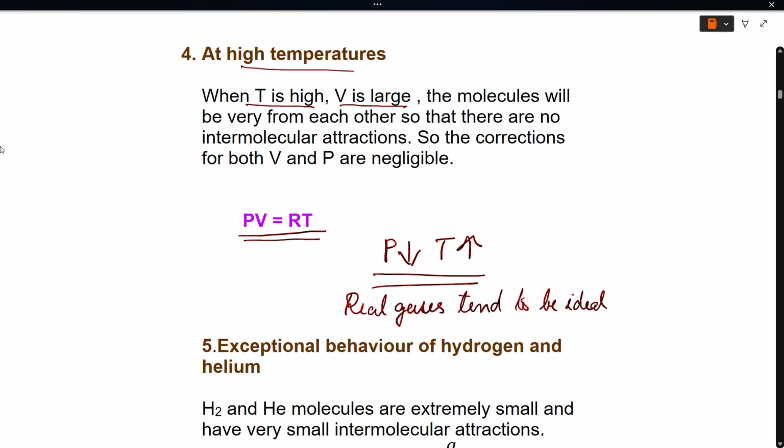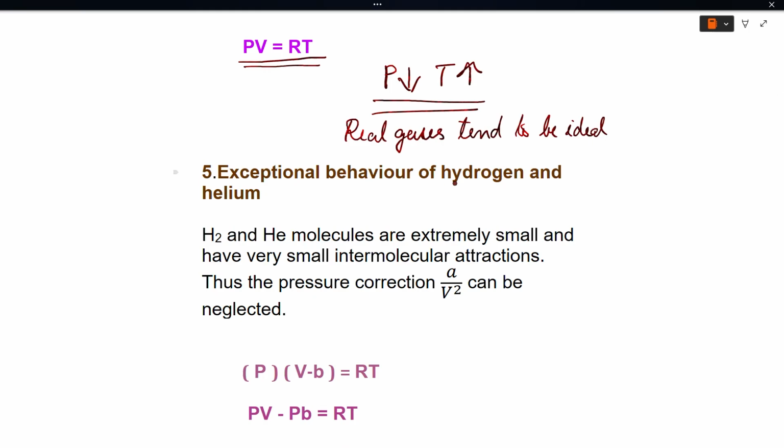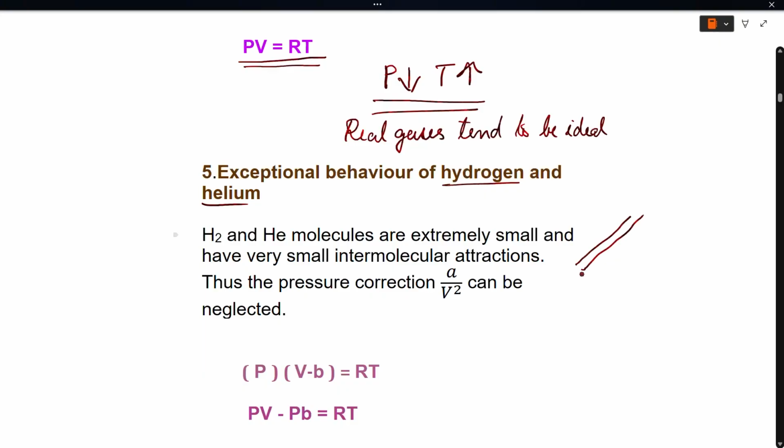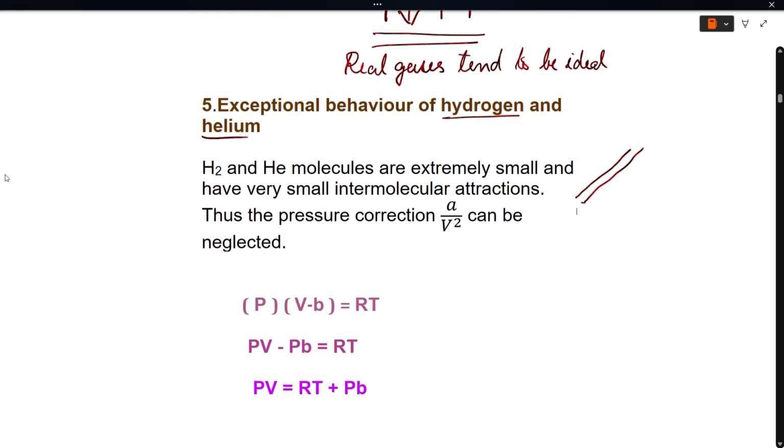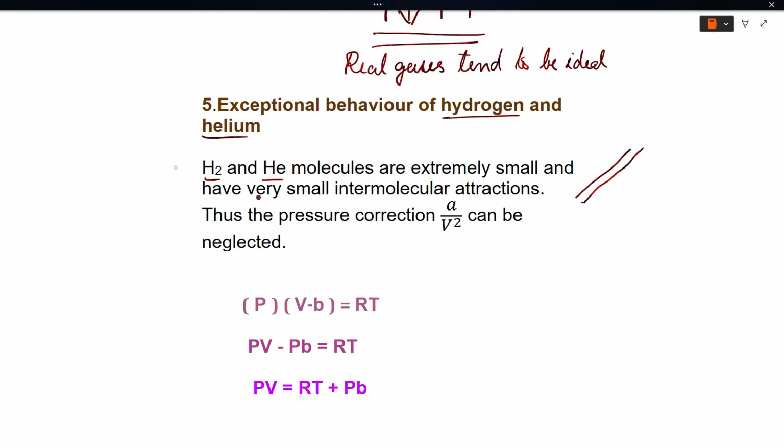Okay. Now, we will go for another case, that is the exceptional behavior of hydrogen and helium. You have seen that in PV against P graphs, hydrogen and helium only have the rising part, they do not have a dip in their PV against P isotherms. Now, hydrogen and helium, as we know, are at the beginning of the periodic table, their atomic masses are very low and their sizes are extremely small, and therefore, they have very small intermolecular forces of attraction. As a result, the pressure correction A by V square can